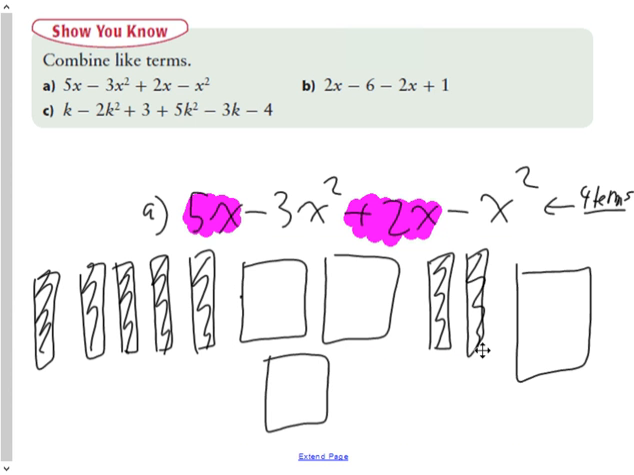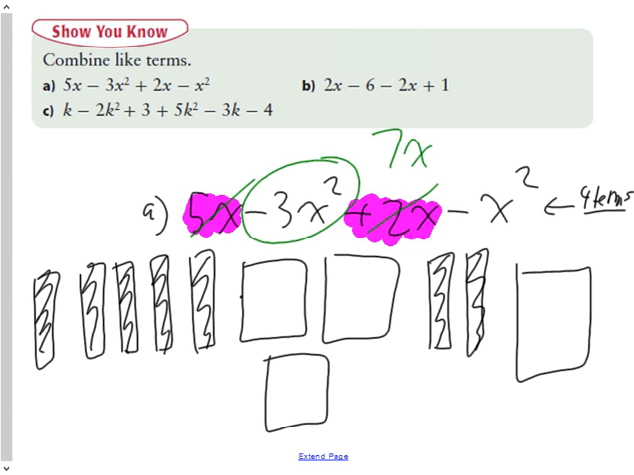Forget it. I'm going to take these 5 and these 2, and I'm going to combine them and make it into 7x's. And I'm going to put lines through them to show that I have taken those two terms and combined them into 7x's. And then I'm going to take this term,